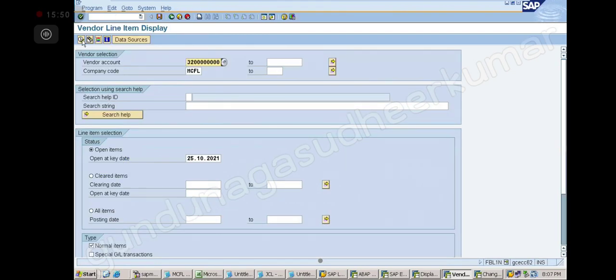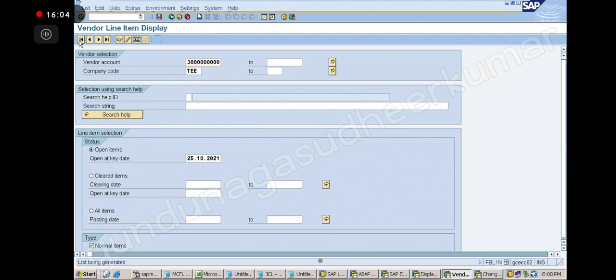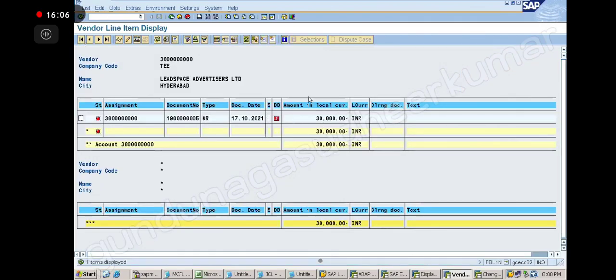Yes, execute. Now this is our vendor, correct? The company code is wrong. What is our company code? What is our vendor name? 38. Okay, execute. Now I have this. Now you see, what is this symbol?